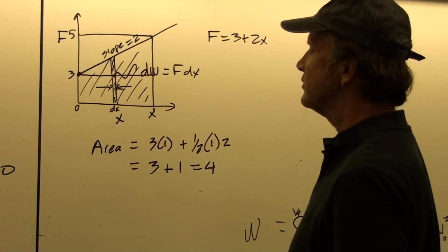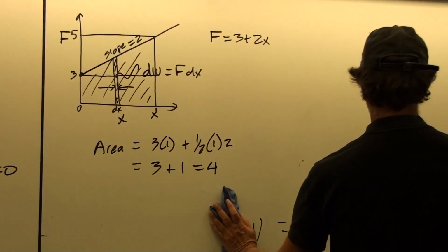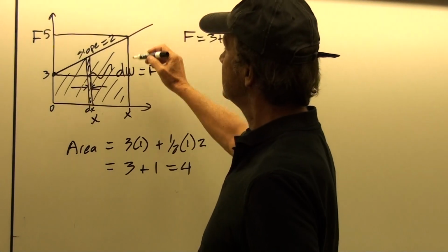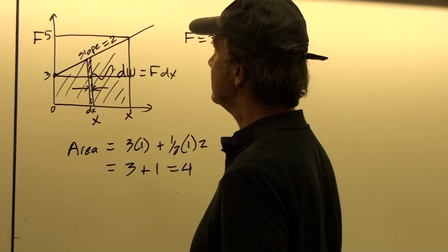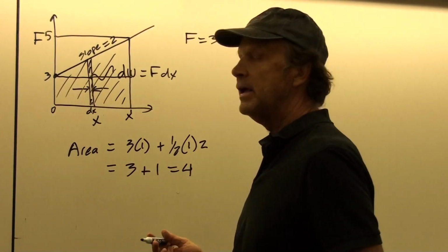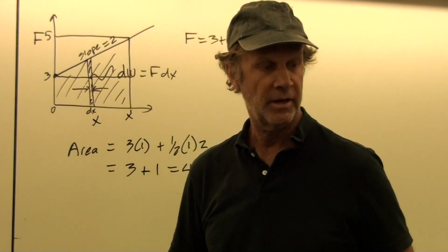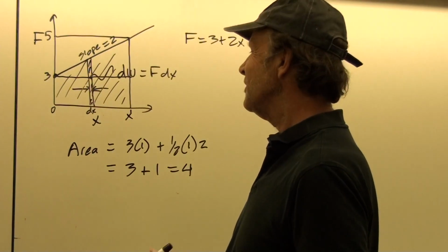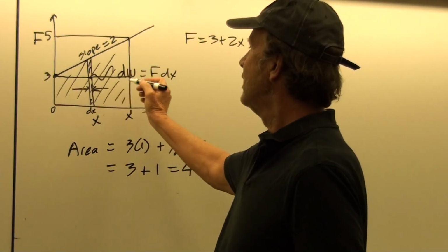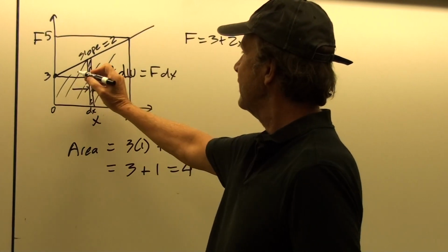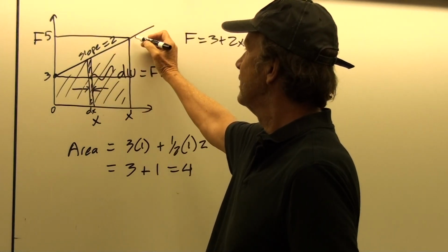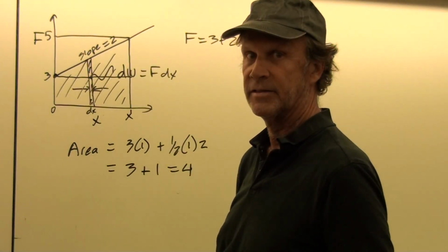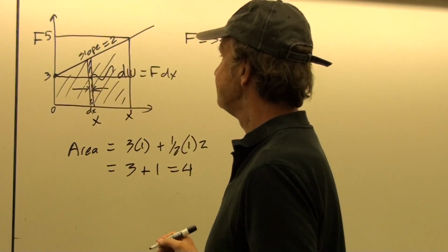Okay, and so I'm just doing that to show that if I do this integral now, I'm going to get the same thing. And sometimes you might want to do it this way. Instead of setting up the integral, you can just find the area under this curve. And in particular, when we get to thermodynamic problems, several of the problems are more easily solved just by finding the area under the curve. But here we want to stay in good habits of actually performing the integral, because if this weren't a straight line plot, then we would have to figure out what the area under a curved plot is, and that becomes much more difficult to do.